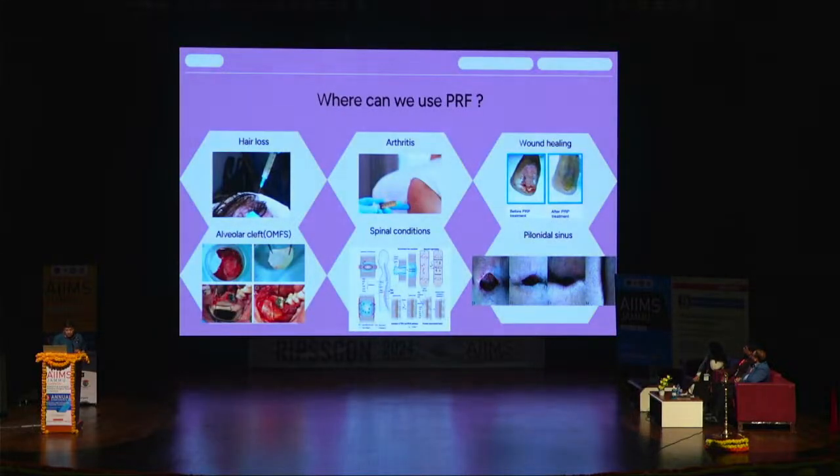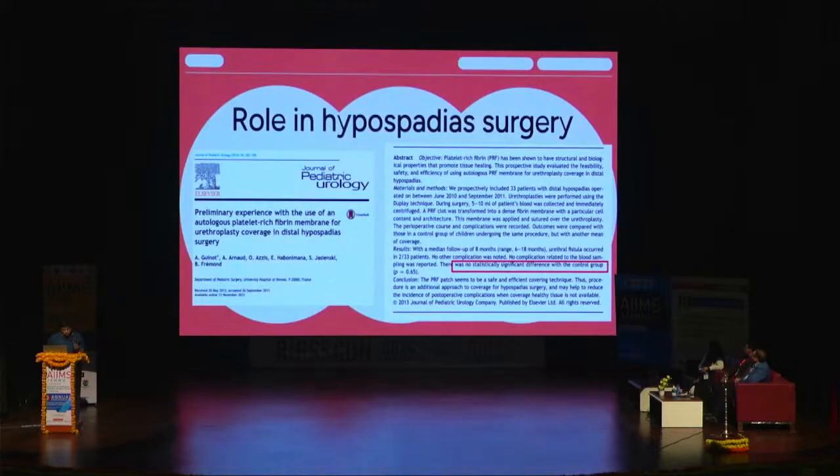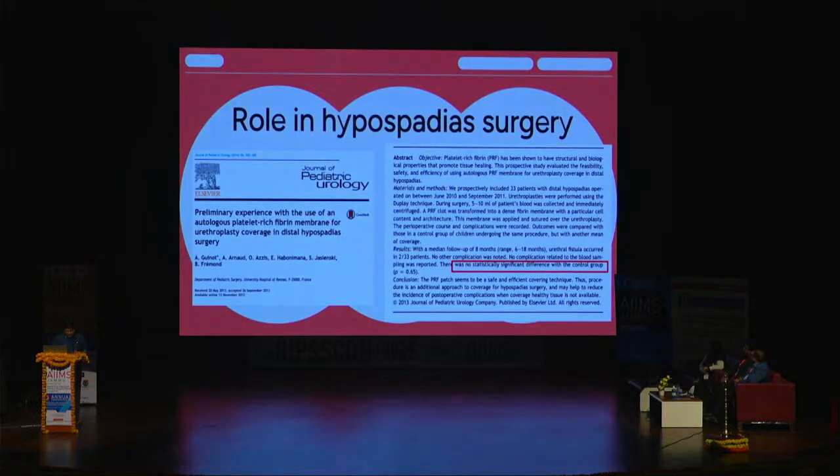Where can we use PRF apart from pediatric surgery? As we all know, it has been used in the treatment of hair loss and alopecia, arthritis, to promote wound healing in patients with alveolar clefts in OMF surgeries, and in spinal conditions like neural tube defect surgeries, and pilonidal sinus to promote wound healing. Now coming to our area of interest, the role in hypospadias surgery. This paper had come in